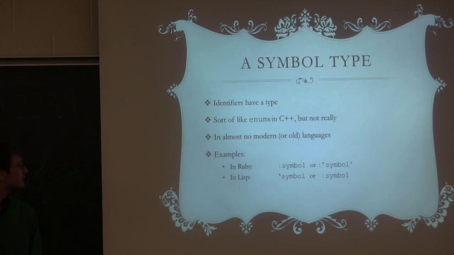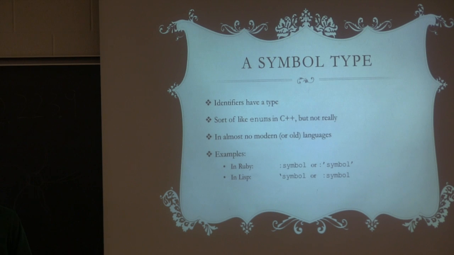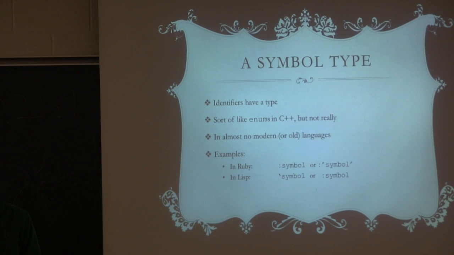Symbols. Yeah, this is really something they don't have in C++. If you think of your variable name, you give a variable the name food. What is food? Most people say it's, I don't know, an identifier, a thingy. But in Lisp, that is a type, which is important because we can construct functions and lambda functions and all this stuff by passing these around.